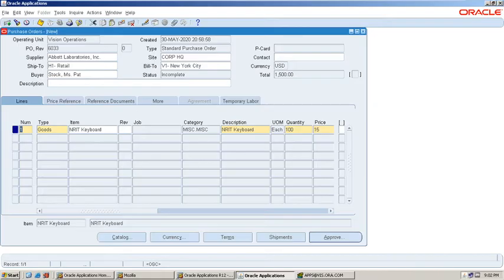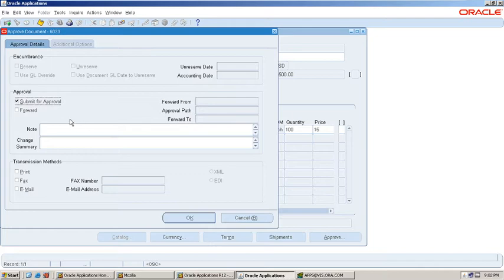Okay. Now, once the purchase order has been created successfully, then approve it. Click on the approve button and submit for approval, and then click on print. Click on OK.